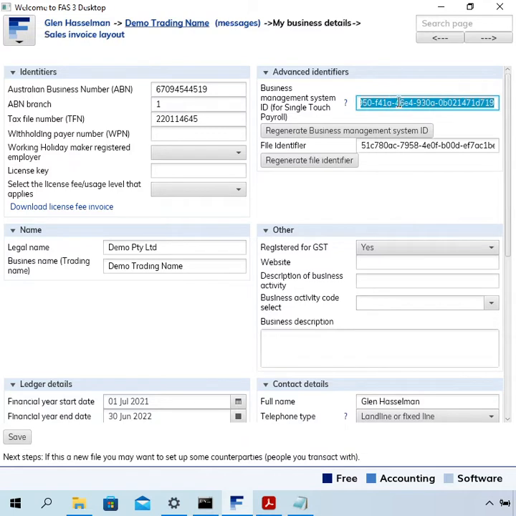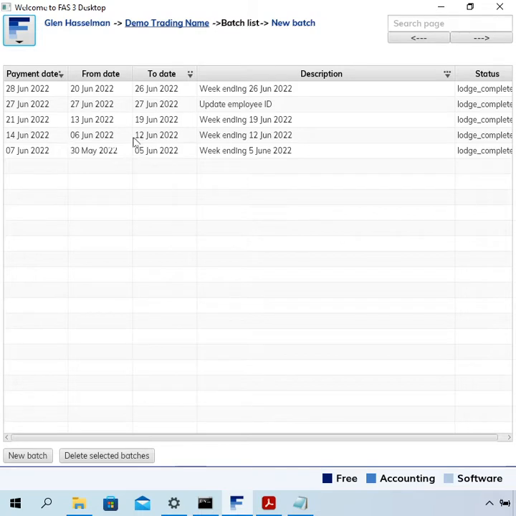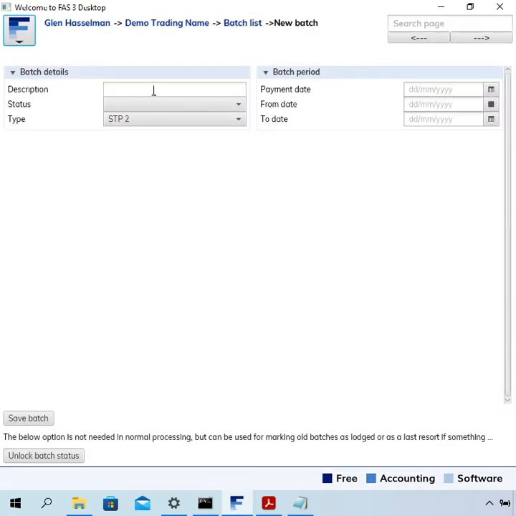Then after you've done that, you can actually just change this BMS ID to what you want and click Save. Now that will be the BMS ID used on future STP lodgements. However, we still need to tell the ATO of the change so that they can fix up those income statements. So to do that, we go back and we create a batch, and this is actually going to get lodged as a payroll batch. So click New Batch